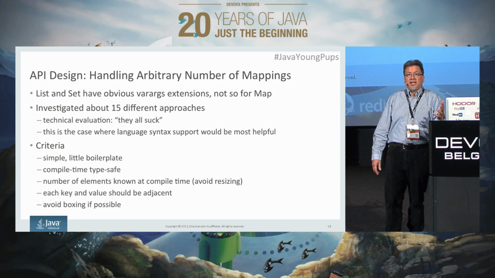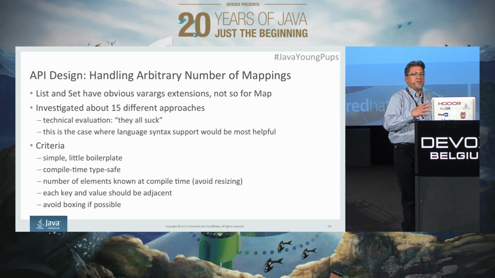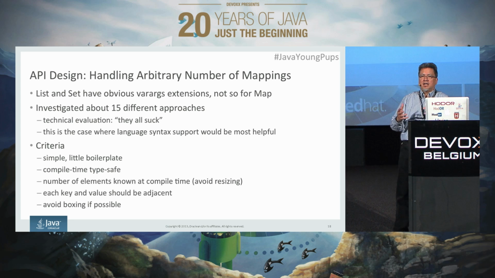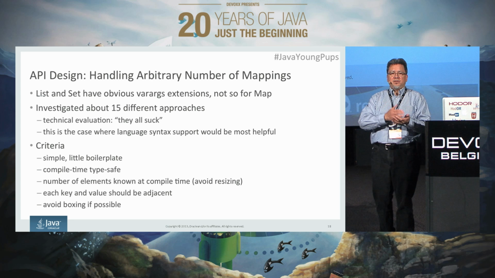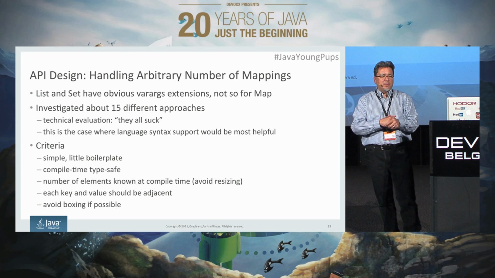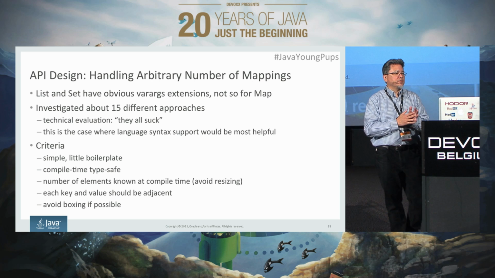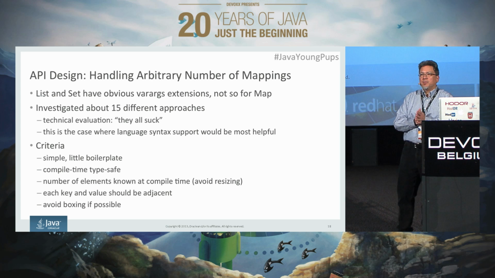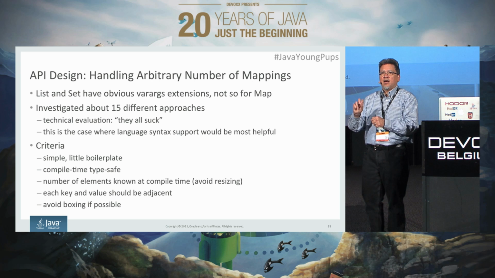So I think the first thing is, how do you deal with maps? And coming up with the Map.ofEntries API actually involved a lot of thinking and discussion. If you look at List and Set, they're real simple because you can have a certain number of fixed arguments and then say varargs. And varargs works pretty well for those. But for Map, the problem is the keys and values are potentially of different types. And so you can't have a method with two varargs